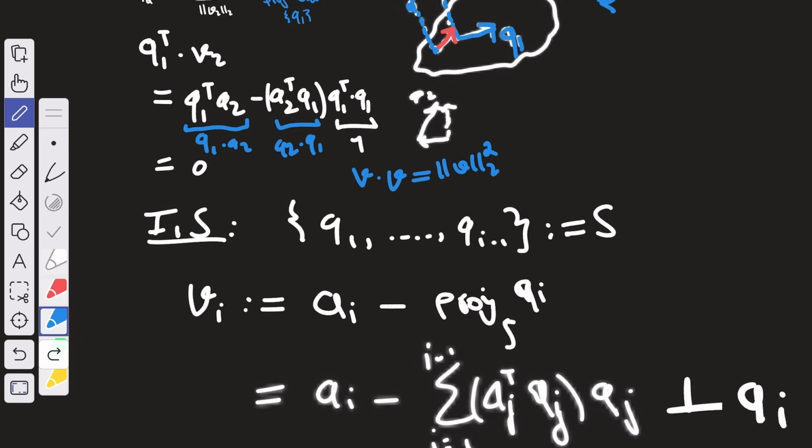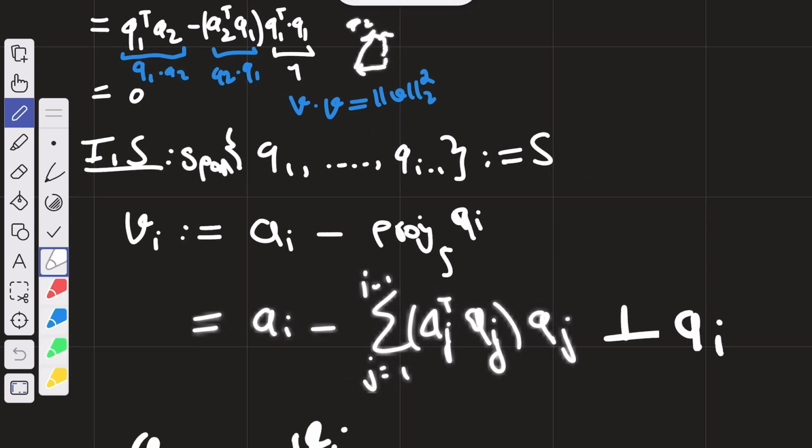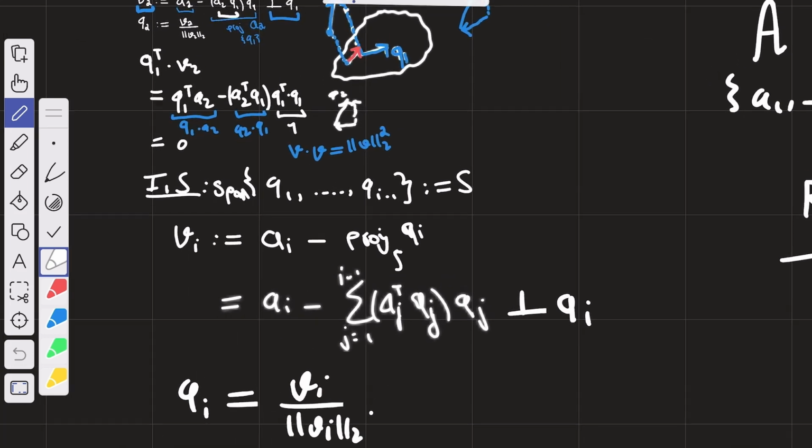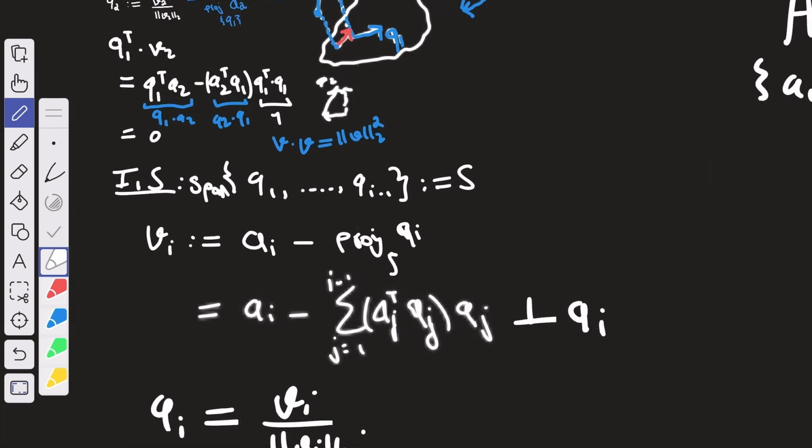The idea is that we take the span of these vectors, let's call it a set S, and we do the same thing that we did for the case when S is just q1. We define a vector vi to be the new vector, which is ai in this case, and we subtract the projection of this vector ai